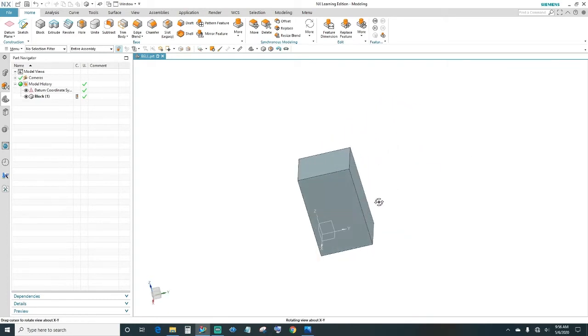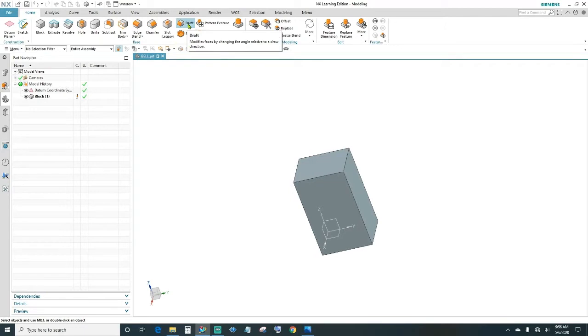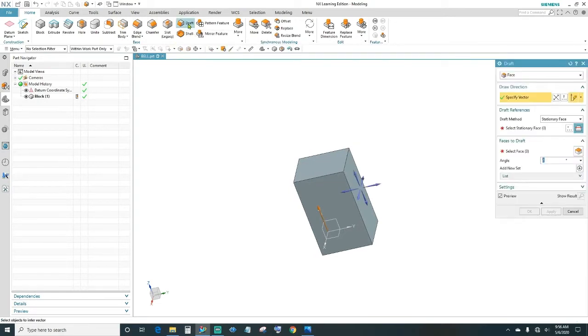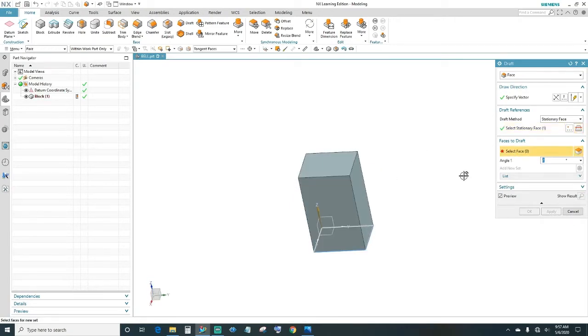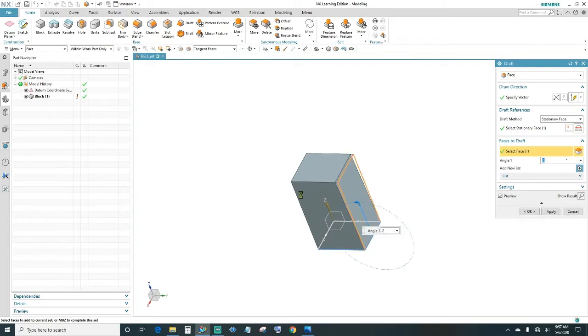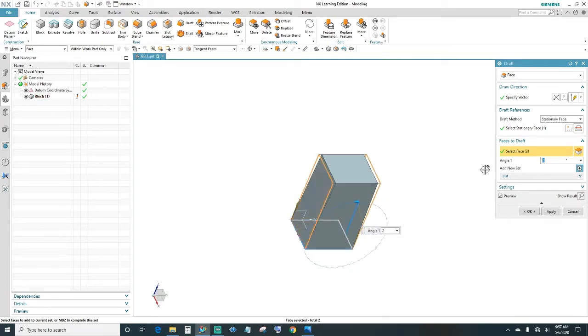Next we have to create a draft coming up here. So go ahead and click on the draft feature, and then you want to specify your stationary face. That means which face is going to stay. We want the bottom face to stay, and then you want to select your faces. The first two faces here, we'll specify it to be 5 degrees,